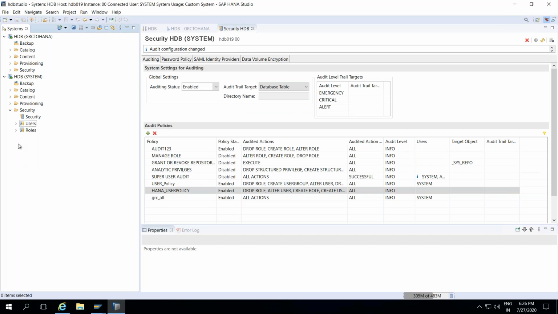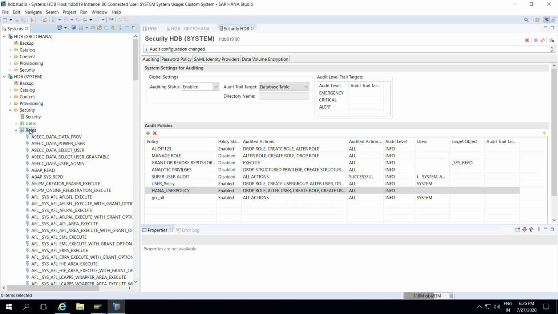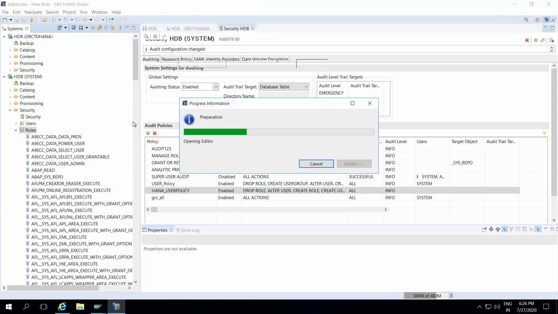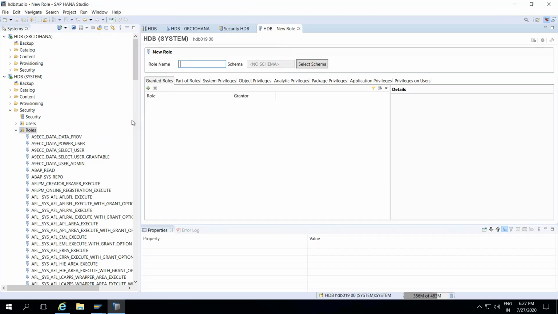Create. Before creating the user, first of all I want to create the role. Just right click on it. What is the role you want to create here? You want to create Z_SAP_GRAC_SPM_FFID. This one is required. This is not available in your HANA DB, so you have to create it manually. Just click on create.